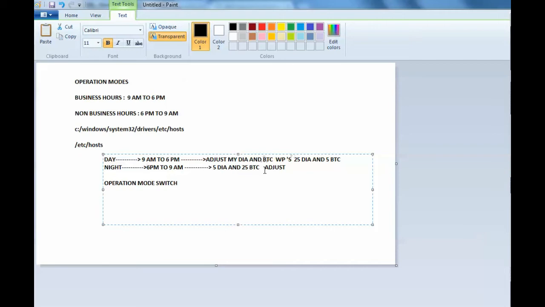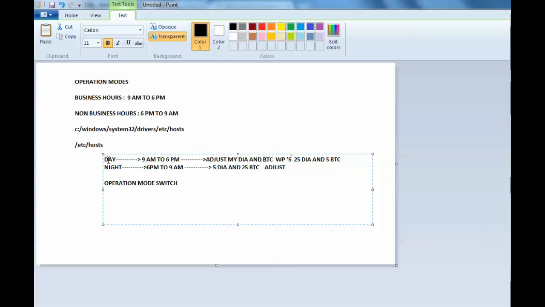Here we have 3 background jobs, but in a real time scenario we will have background jobs like 5, 10, 15. Based on that we can adjust the work process list. When the time occurs, it switches automatically without user interaction. Automatically it will switch into the next operation mode.